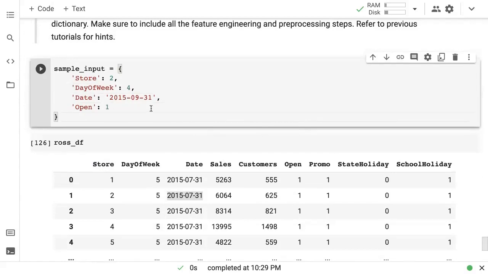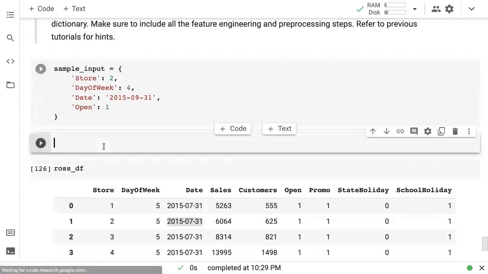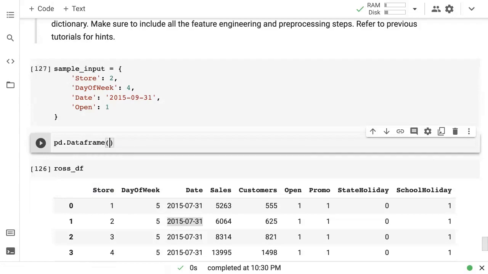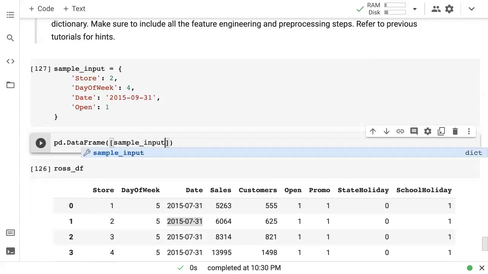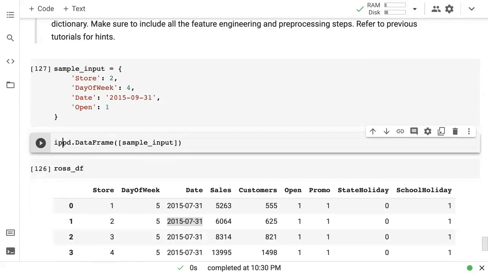What are all the things that you will have to do? Well, first thing you will have to do is put this input into a data frame. So let me just do pd.DataFrame. And here I'm just going to give it a list of dictionaries, and just one dictionary here. So sample input, and let's call this input_df.